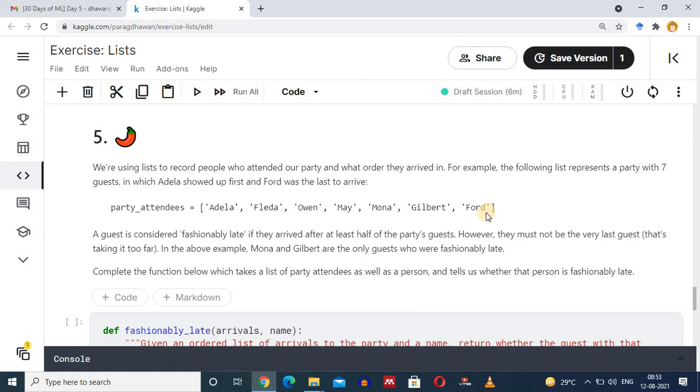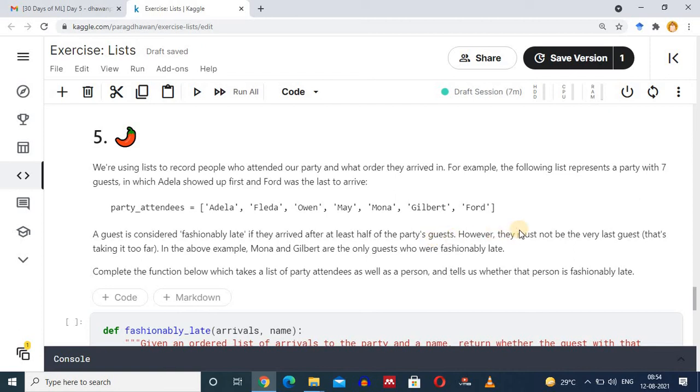The first element of this list was the first person to arrive, and the last element of the list was the last person to arrive. A guest is considered fashionably late if they arrive after at least half of the party guests. So if a person arrives after the half of the elements of the list, then he will be categorized as fashionably late.